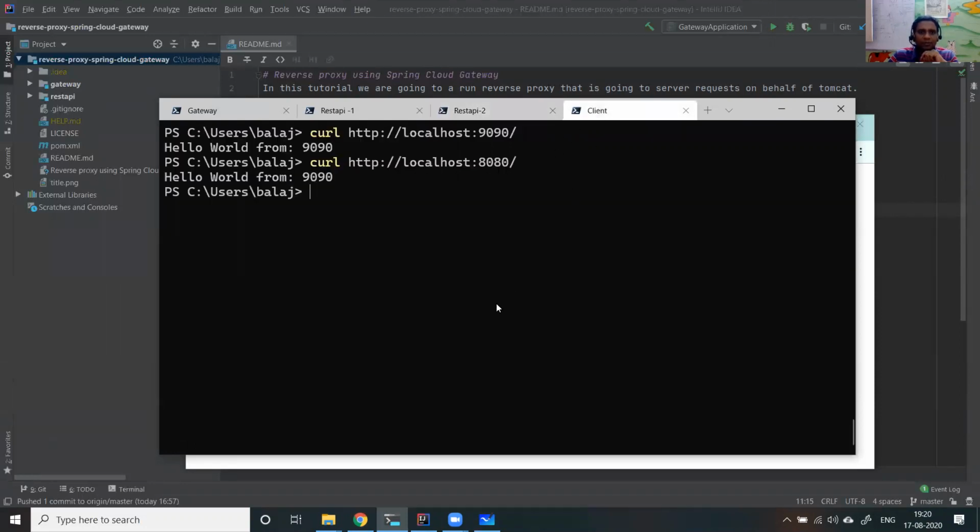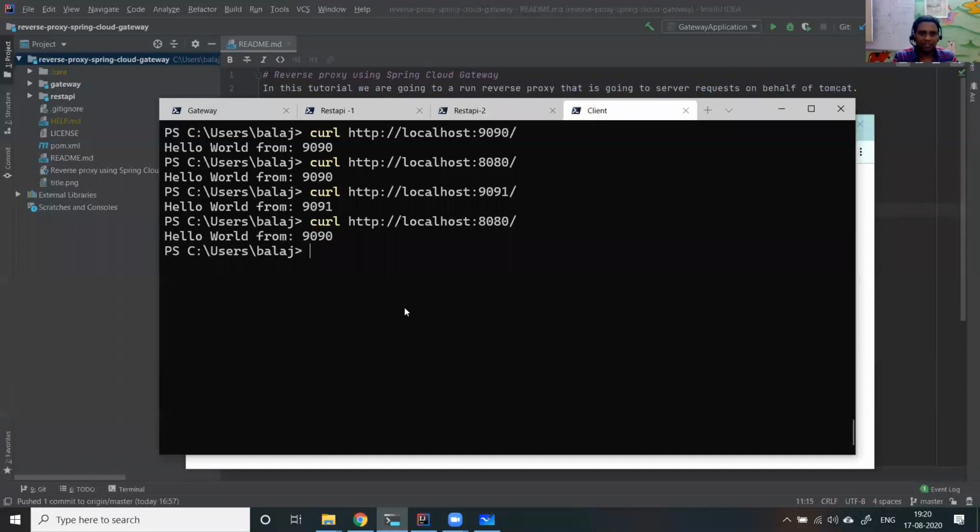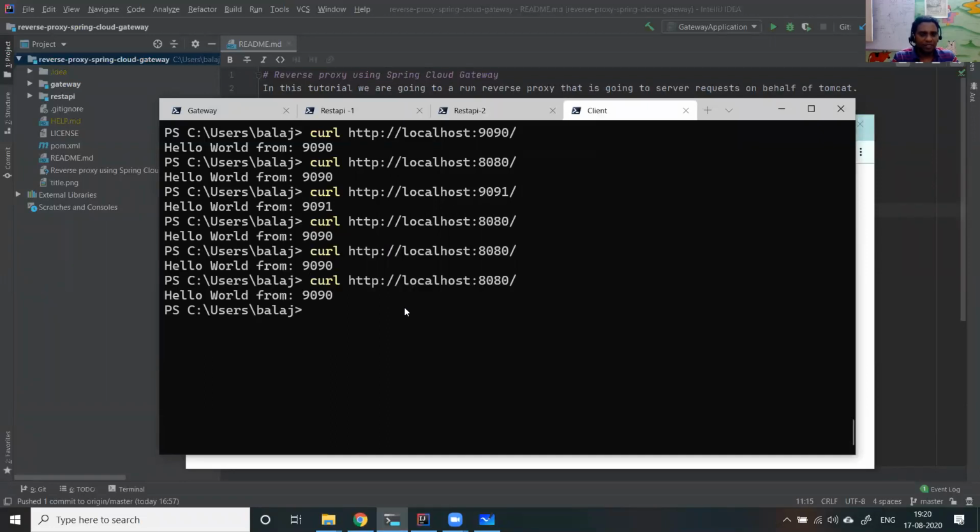Okay, let me do one thing. Let me check whether the API is up or not on 9091. If you directly access, you can see that. But what you have to do, your Netty proxy has to contact the Tomcat running on 9091, right? So let us do one thing now. We'll ask the proxy. The proxy is not contacting the 9091 server, so you need to make some configurations to the proxy.